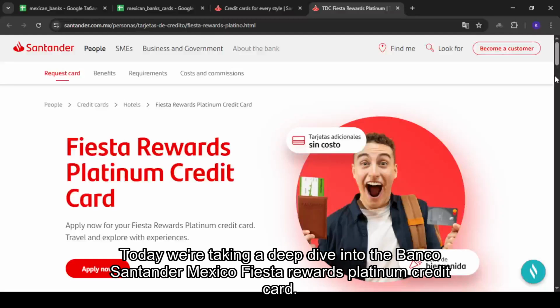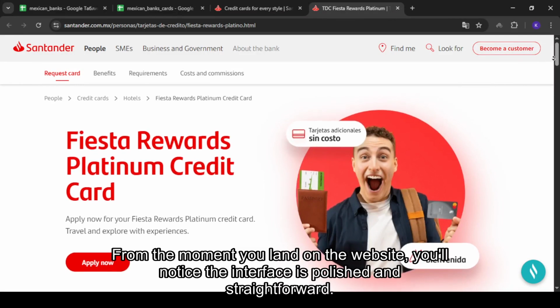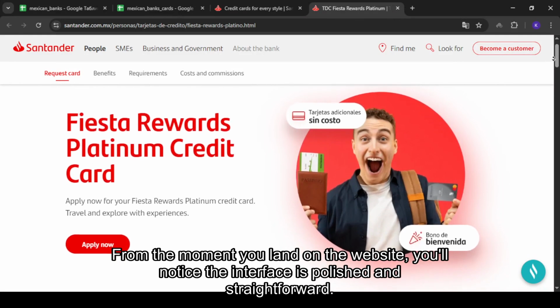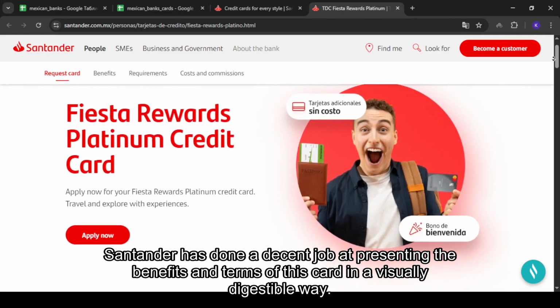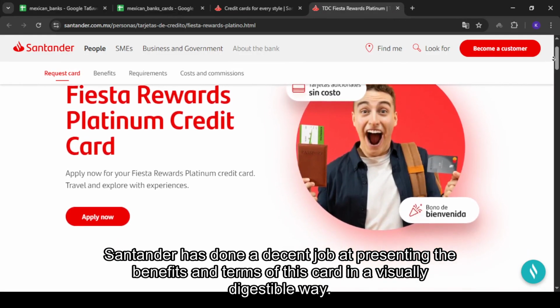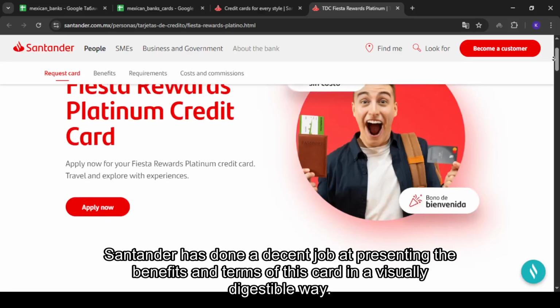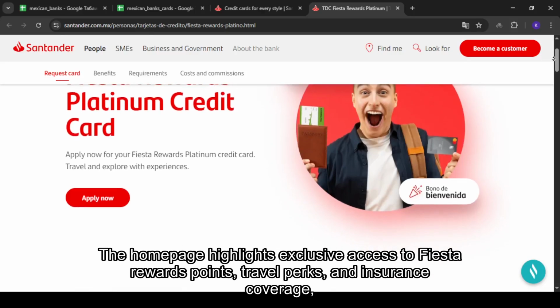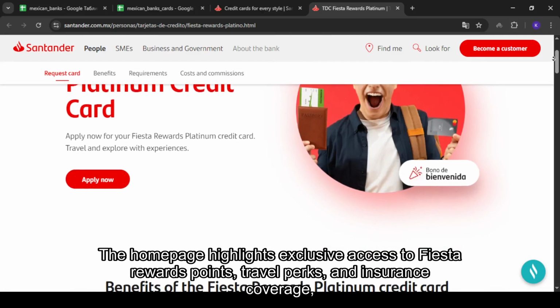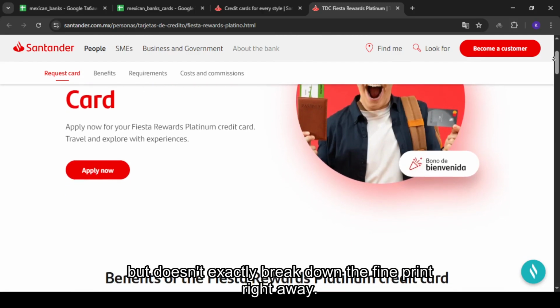Today we're taking a deep dive into the Banco Santander Mexico Fiesta Rewards Platinum Credit Card. From the moment you land on the website, you'll notice the interface is polished and straightforward. Santander has done a decent job at presenting the benefits and terms of this card in a visually digestible way. The homepage highlights exclusive access to Fiesta Rewards points, travel perks, and insurance coverage, but doesn't exactly break down the